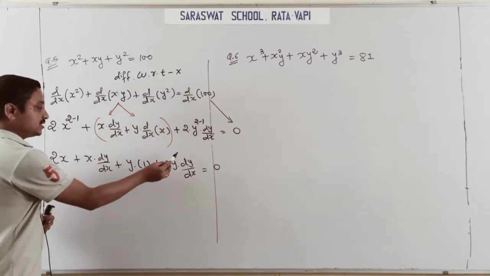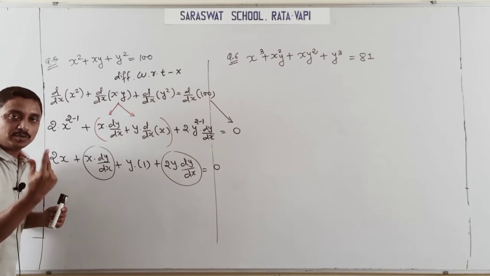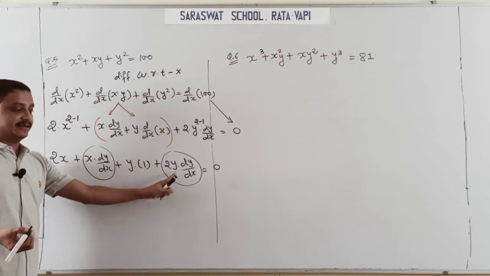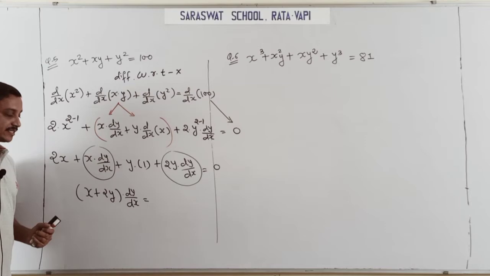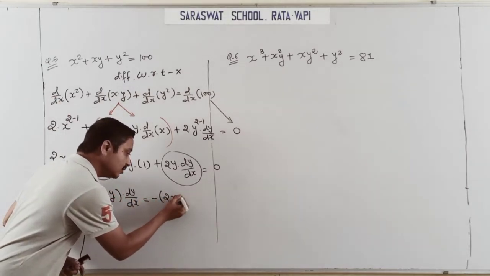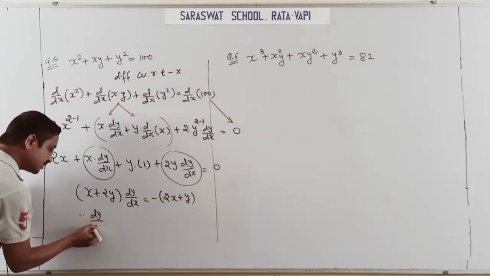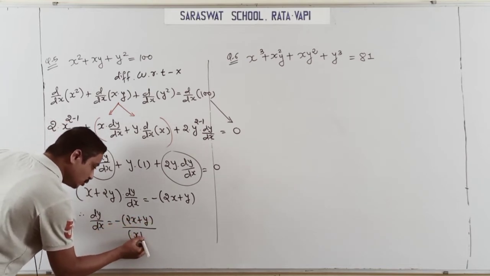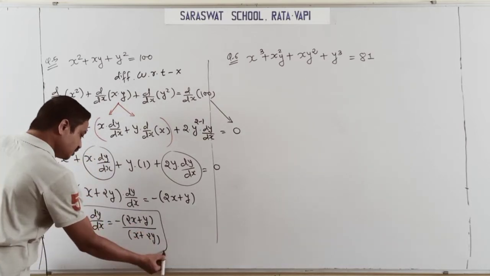Now students, this dy by dx and that dy by dx, we make the common dy by dx. So only I have x plus 2y, this and that, dy by dx common, and is equal to, yes, this 2x and y take to the right side. So minus of 2x plus y, both combined, taking minus common. So dy by dx is finally done: minus 2x plus y upon x plus 2y. This part upon this part, you easily get this numerical done.